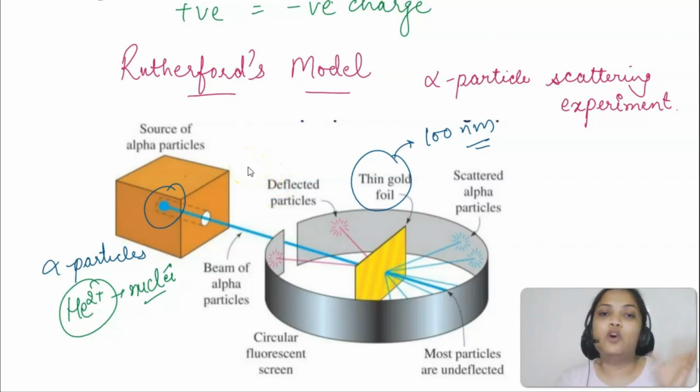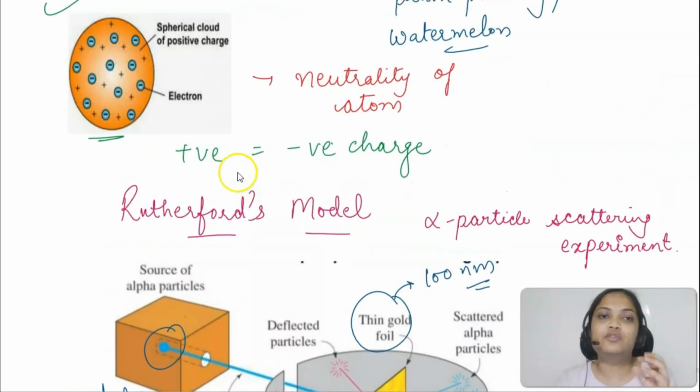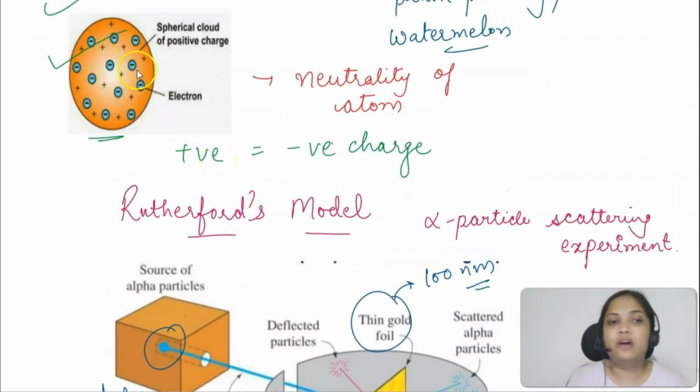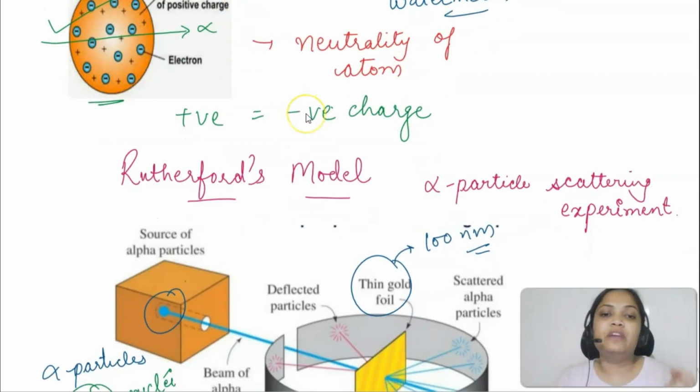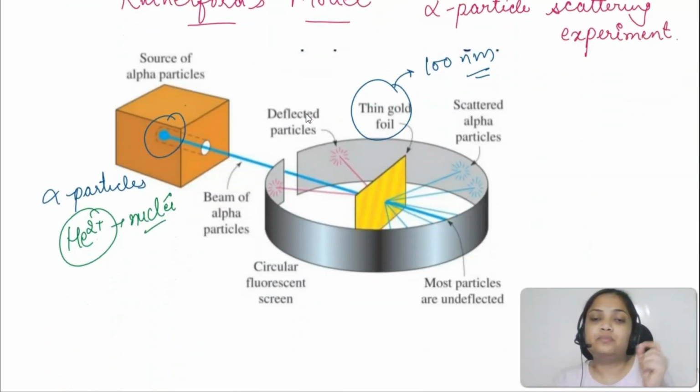Now, according to what Thomson said, that the mass of the atom is uniformly distributed, as you can see here, alpha particles have enough energy to pass through this atom, but the observation would be that the alpha particles would slow down and suffer some slight deflections because of the positive charge, because alpha particles are also positively charged, no. So it was expected that the alpha particles would slow down and we would see small deflections. But to our surprise, when he bombarded the gold foil with alpha particles,